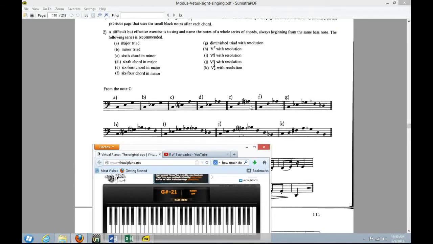All right. For G through K, the notes resolve to something. So we're going to use, in most cases, the final pitch or the note that we're resolving to as our do. So in G, we have a diminished triad that's resolving to this pitch D flat as do. So that will be our do. And our starting pitch,